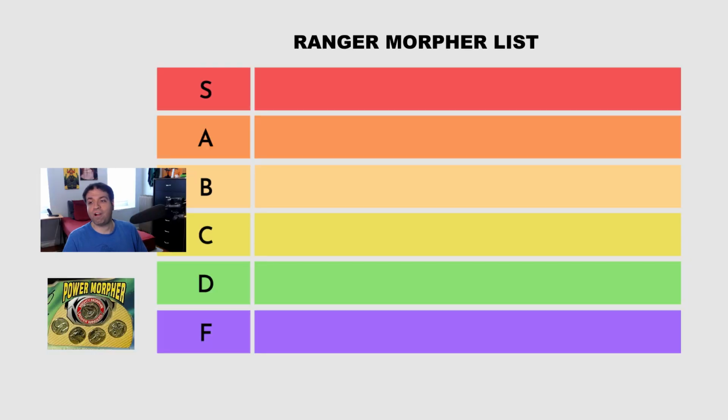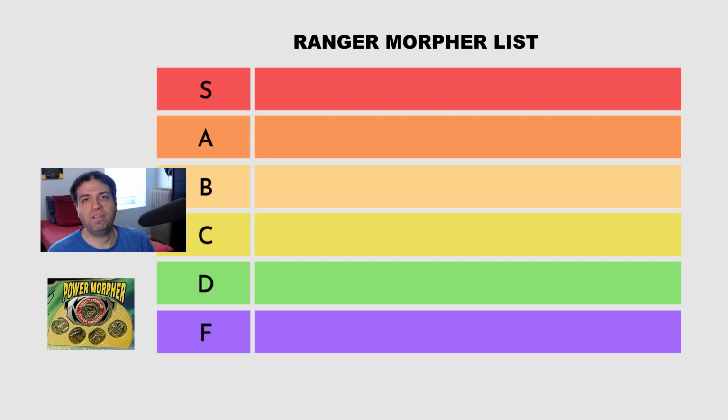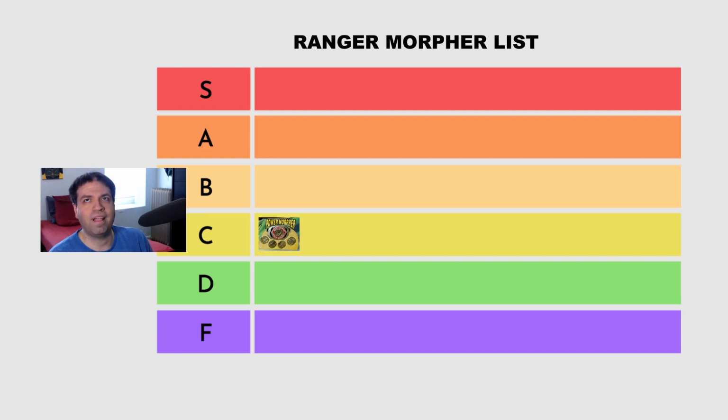So I guess we have to start off with the largest list because there are so many different variations of the Power Morpher that have been released, from the original 1993 one all the way to the 2017 movie. So where would I put the Power Morpher? Now, the Power Morpher in the 1993 version is fairly straightforward and very simplistic. It just simply opens up, you get the 5 power coins, and that's it. I would probably put the original release in C tier, mainly because of the ridiculous nature of